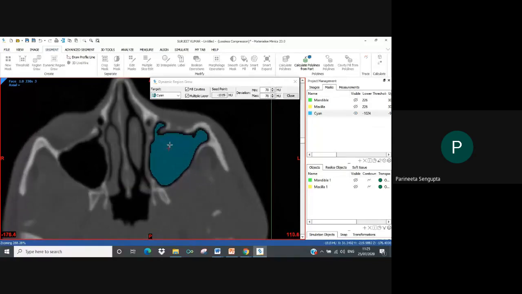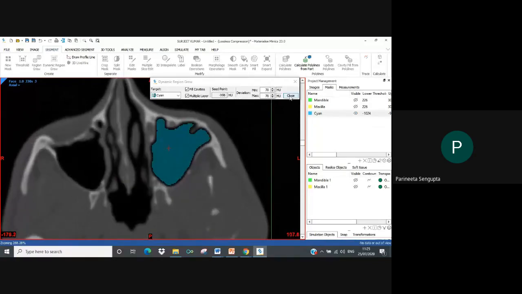There is no OK option because it's already created here. You just have to close it, and your maxillary mask is ready.